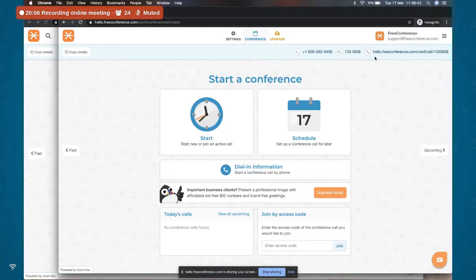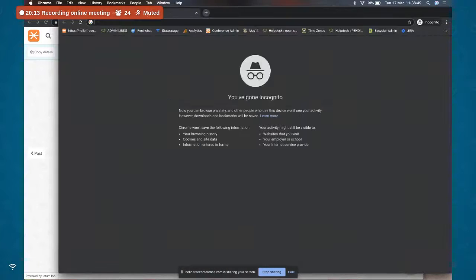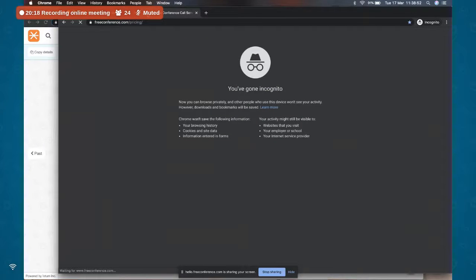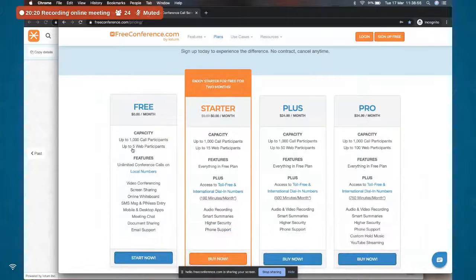Via web, joining the way we are now, with a free account, you can have up to 5 people connect. Just go to the pricing page so you can see it in front of you. That means all of those 5 people could share their screen or video. With the starter plan, you can have up to 15 people connect via web. With the plus plan, up to 50, and with the pro, up to 100. But with the free subscription,